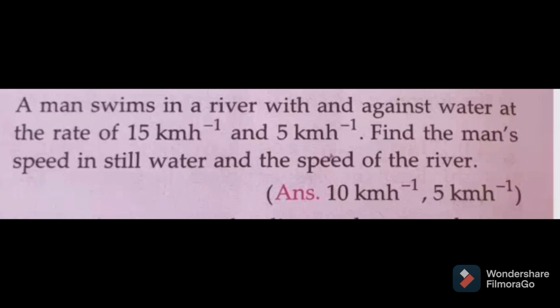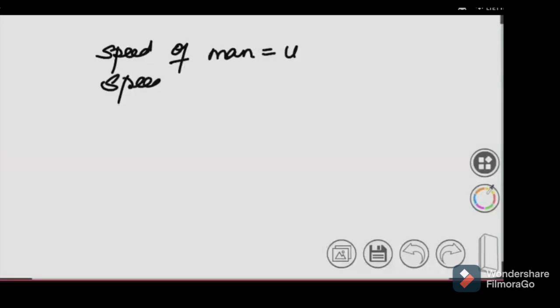So, u plus v. So what you are taking as u, if you are taking u and v, what are you taking as u? Man speed as u or river speed as u? Speed of man is u and speed of river is v. Okay, so man as u. Speed of river as v. Speed of man, we can also say speed of his boat, basically. Speed of river as v.